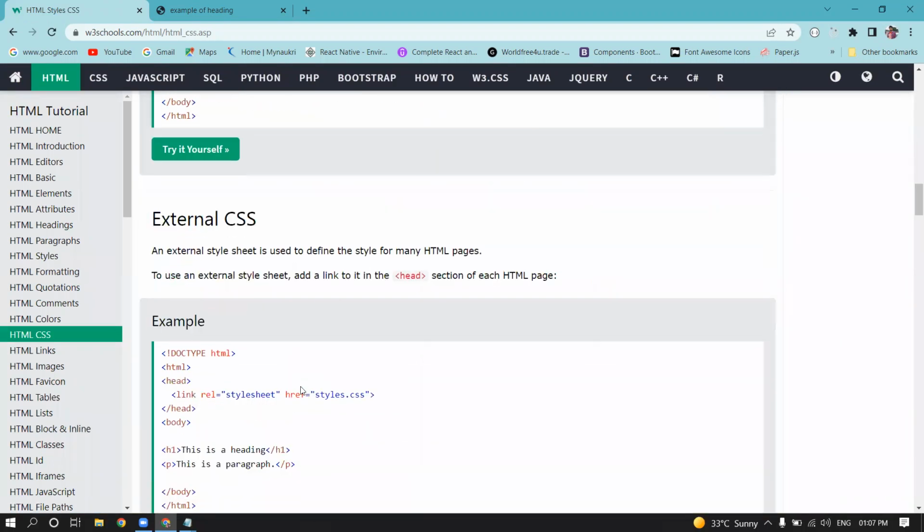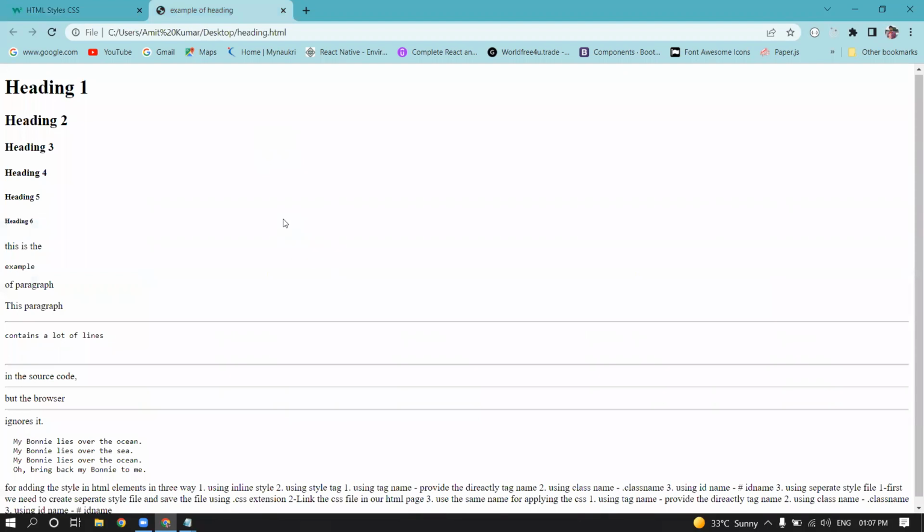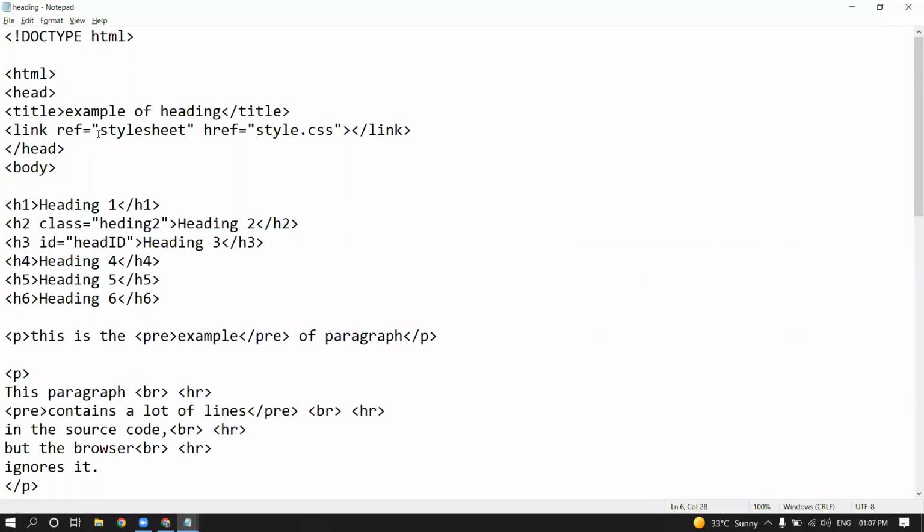There are three ways. See, link, style sheet, relation, and styles. Okay, there is some mistake in ref. No, REL spelling mistake. This is the relation. Relation is style sheet, and href style.css I will provide because the path name is the same,